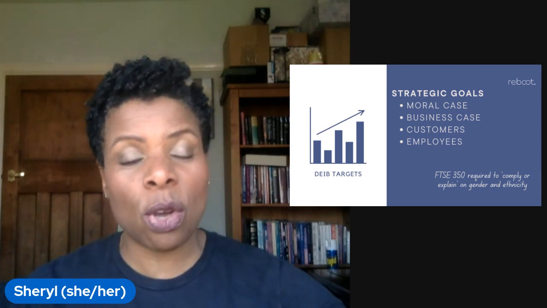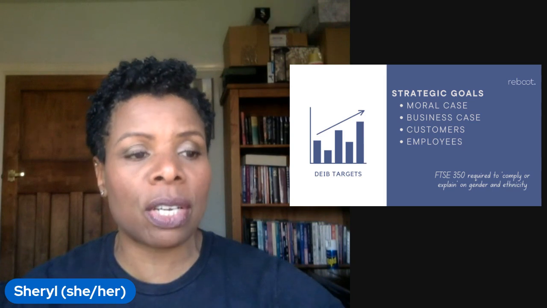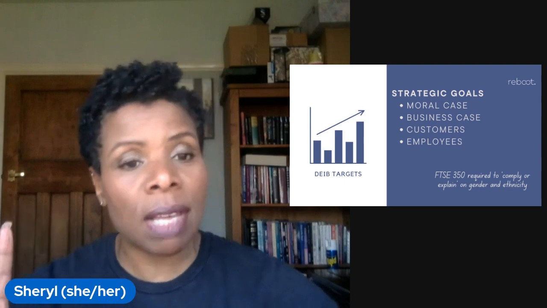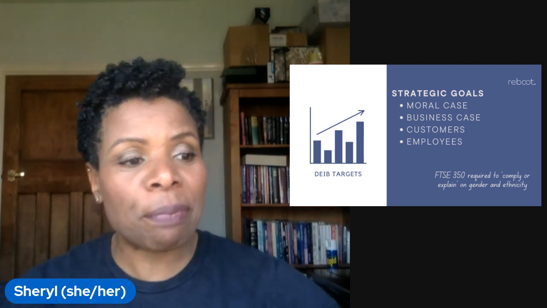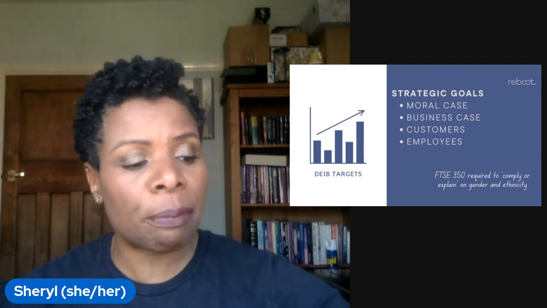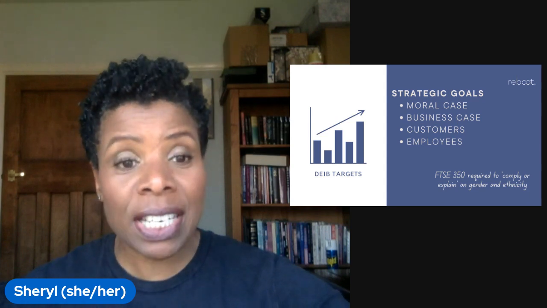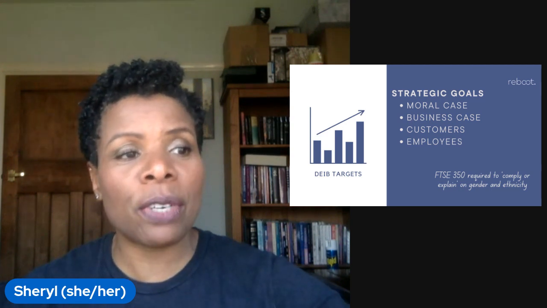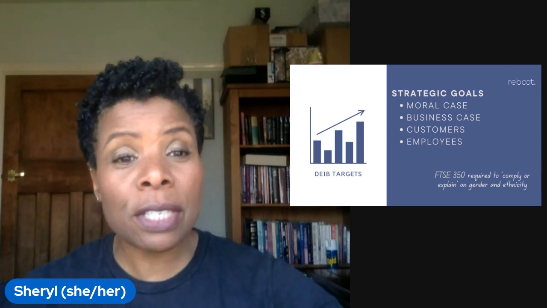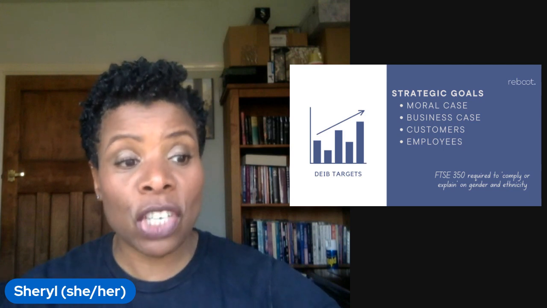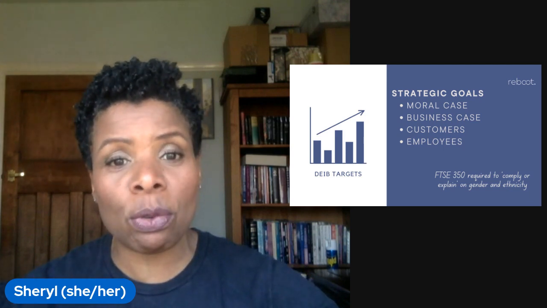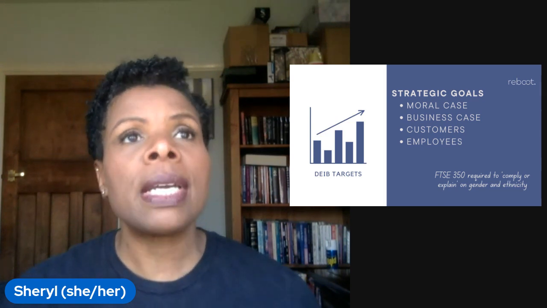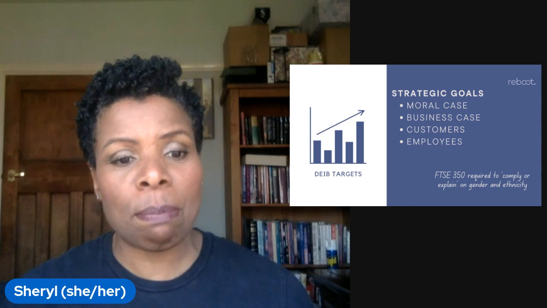If we start at the top level, because it tends to be easier to measure, in the UK the FTSE 350, the largest 350 public companies, are being asked to comply or explain their gender diversity on boards and also diversity in terms of ethnic minority representation. That's the FTSE 350 in terms of gender, having at least 40% women on boards, but also something called the Parker Review. If you're not aware of it, the Parker Review is a report that came out in March of this year